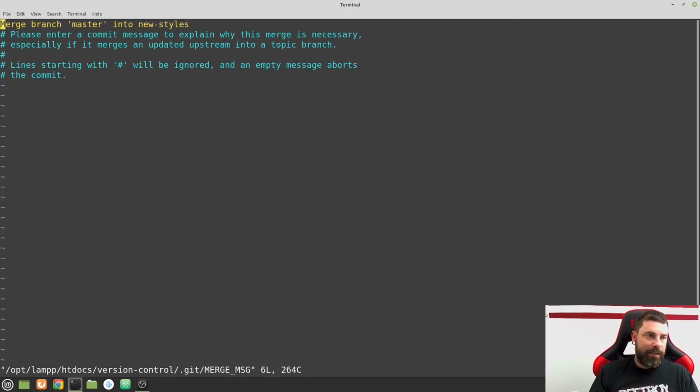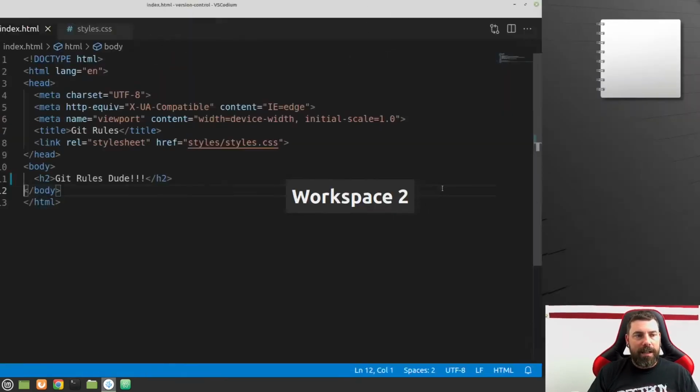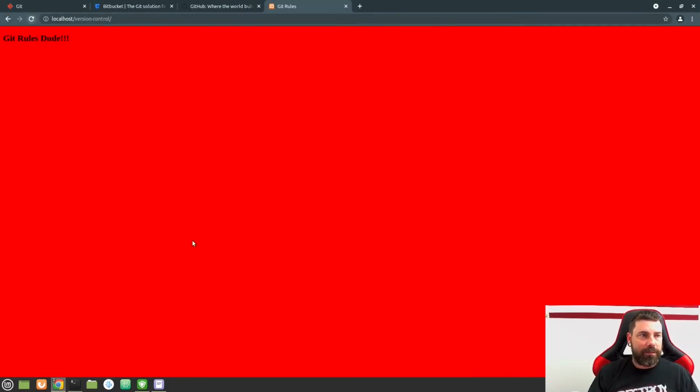And right here, it's going to pop up Vim, which is my default editor in my terminal here. Yours may be different, but I'm just going to hit Shift-ZZ to save that default message. And now, if I do git status, it says there's nothing to commit. So when you merge, it does a commit message on its own, and that was for the commit message. Now, if I go back and refresh, you can see that I have the red background from my new styles branch, but I also have the